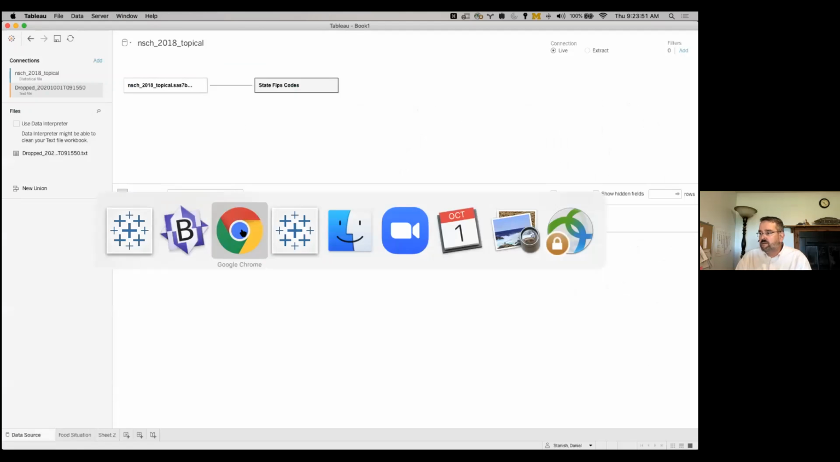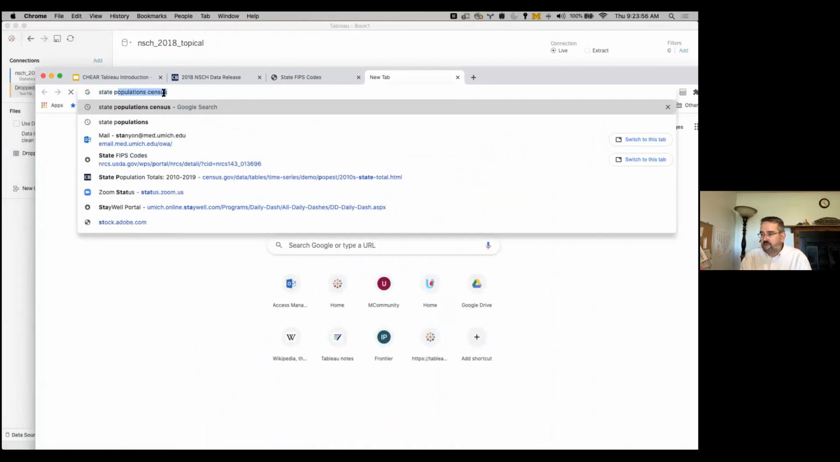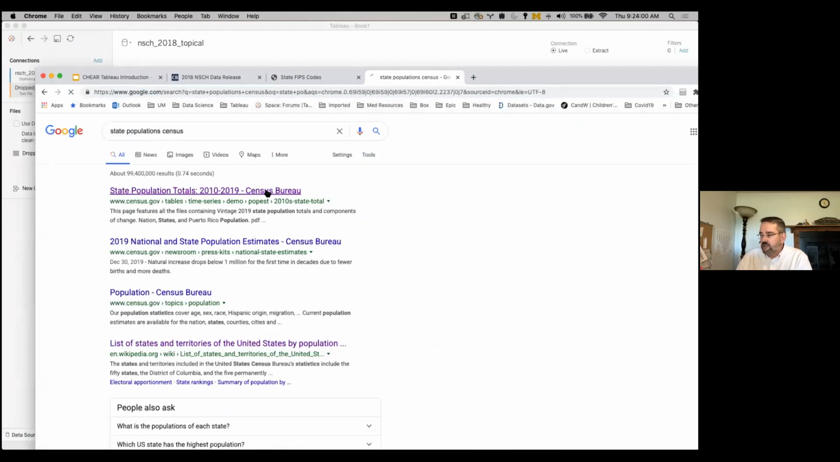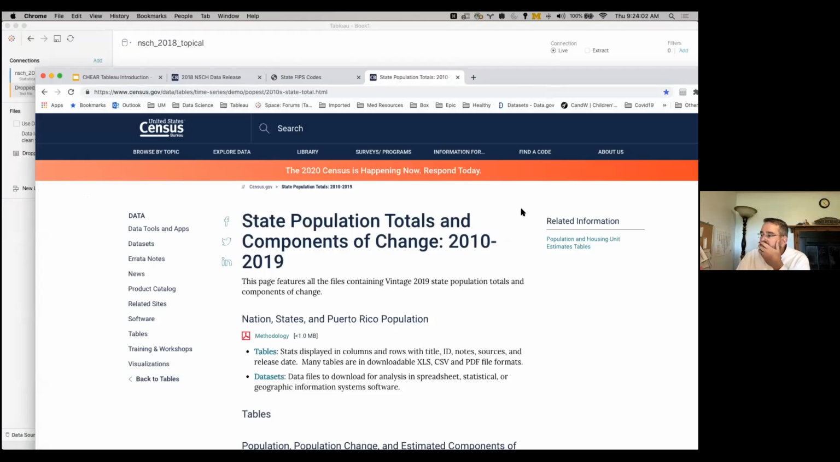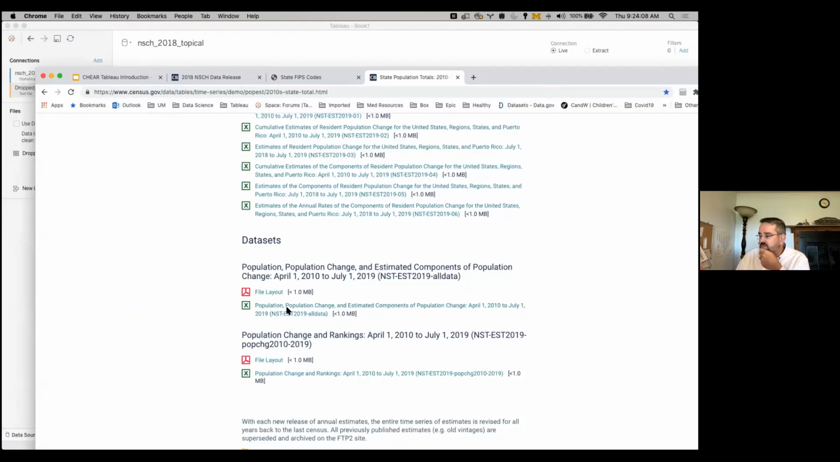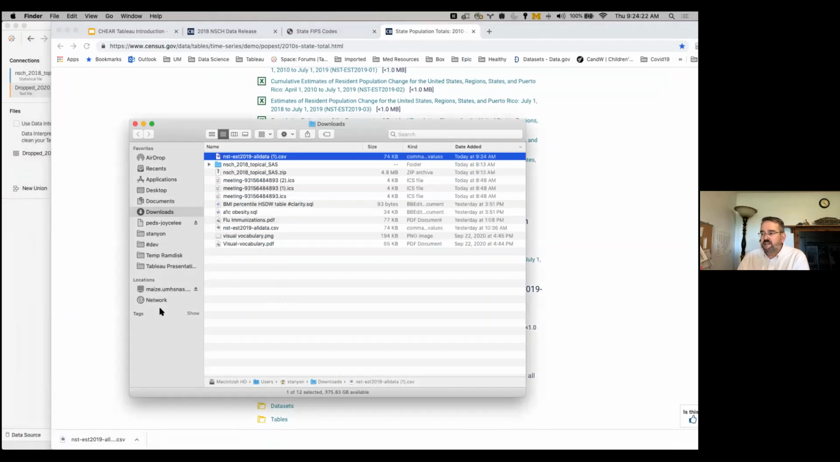So I'm going to go back to my handy web browser, and I will say state population. I'm pulling up the state populations from the US Census, and there's a data set here, the estimated population. So let's download that. That's a CSV file. A CSV file, if you're not familiar, is similar to an Excel file, but it's just a text-based file. So I'm going to bring that